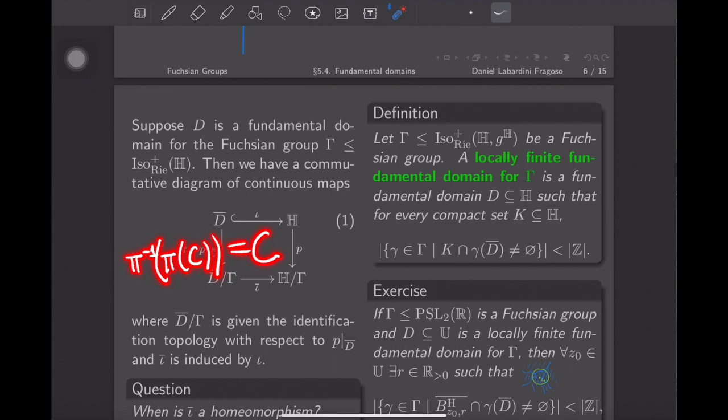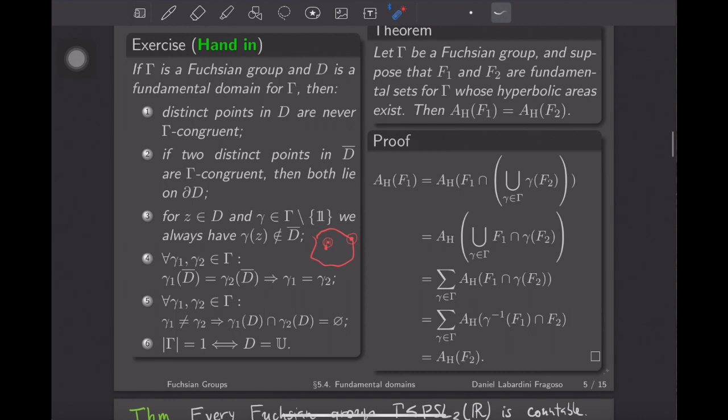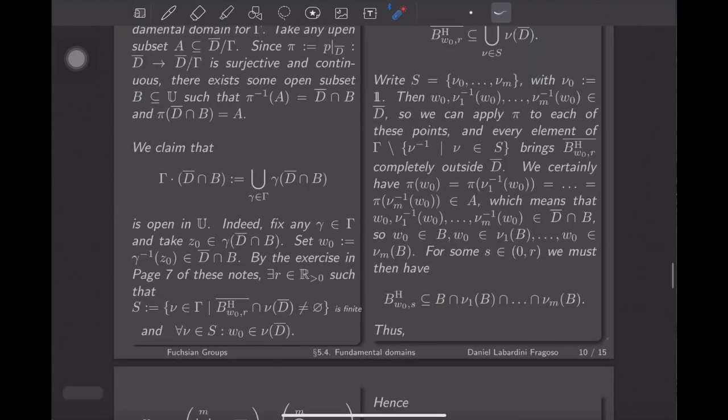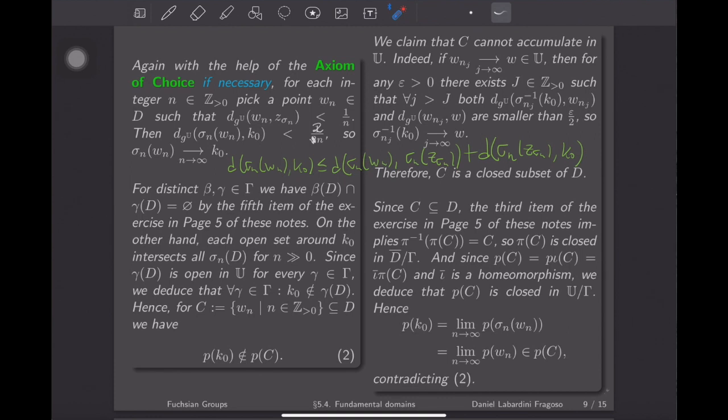So when I go and I come back, no, sorry, and this is actually because of something stronger. That's because of these three. When I take someone in D, and I project it, and then I come back, I ask about the points in D bar that are gamma congruent to that point, but there aren't. So that's the real reason. Okay, so I have this,